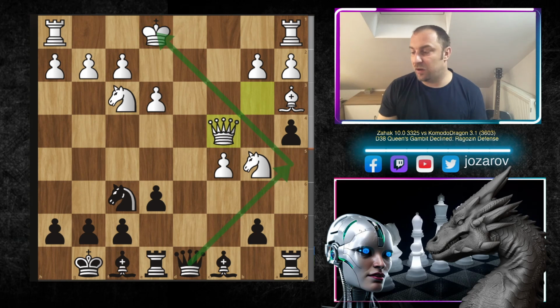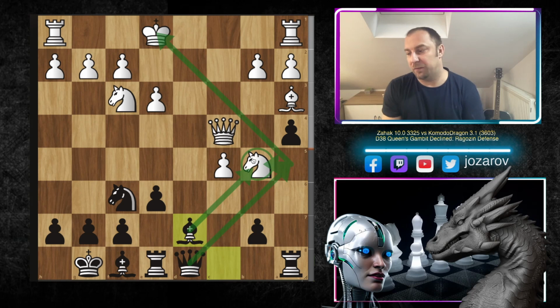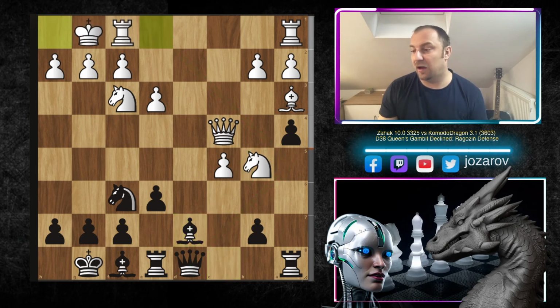But now after queen to c4, bishop to d7 is going to happen, and now with queen to a5, we are threatening a double attack. You see, the king would be attacked and also the knight, and afterwards we would simply pick up the piece. So really great attack so far by the Dragon engine. So that's why here the Zahak engine retreated, simply castling kingside now, and now queen to a5 anyway,